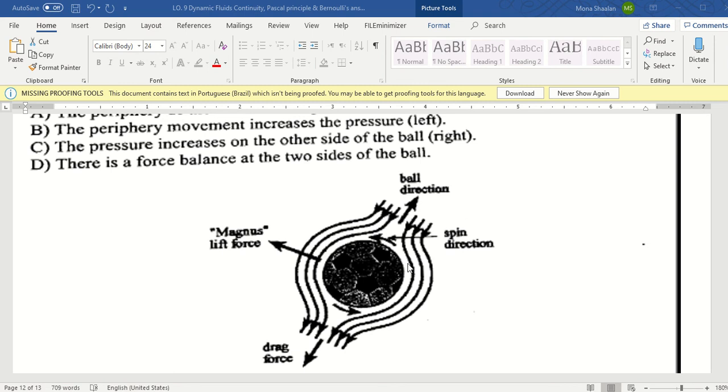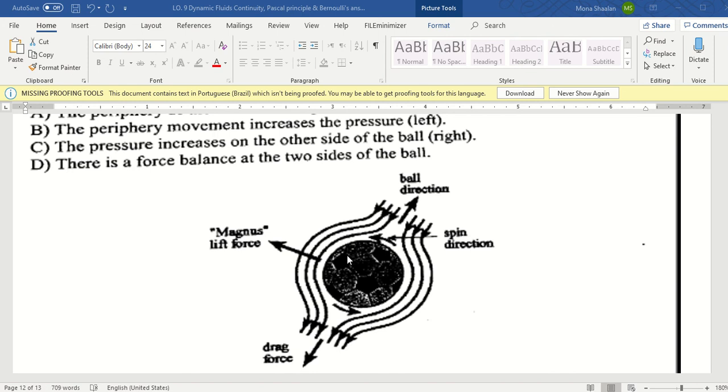The direction of the spinning will be in this direction. So the speed here will be increased, and so there will be a region of low pressure created in this region, and in the other side